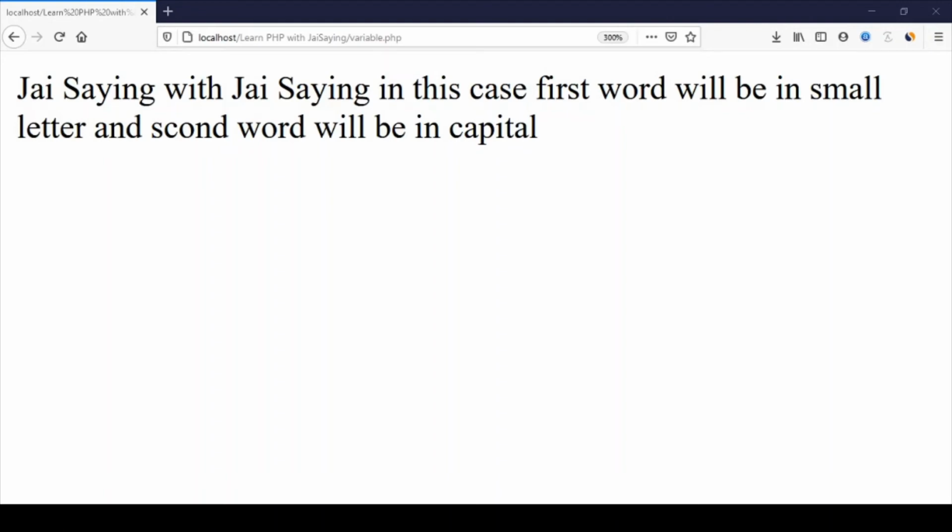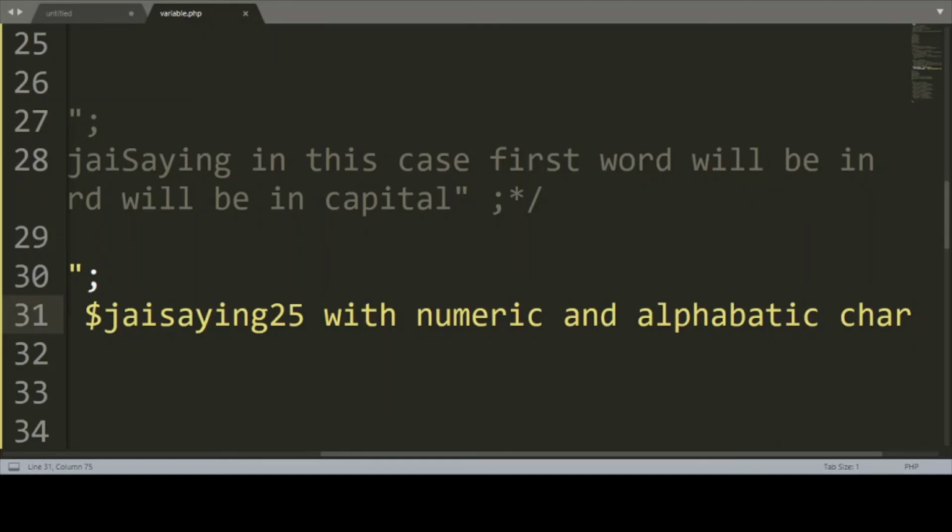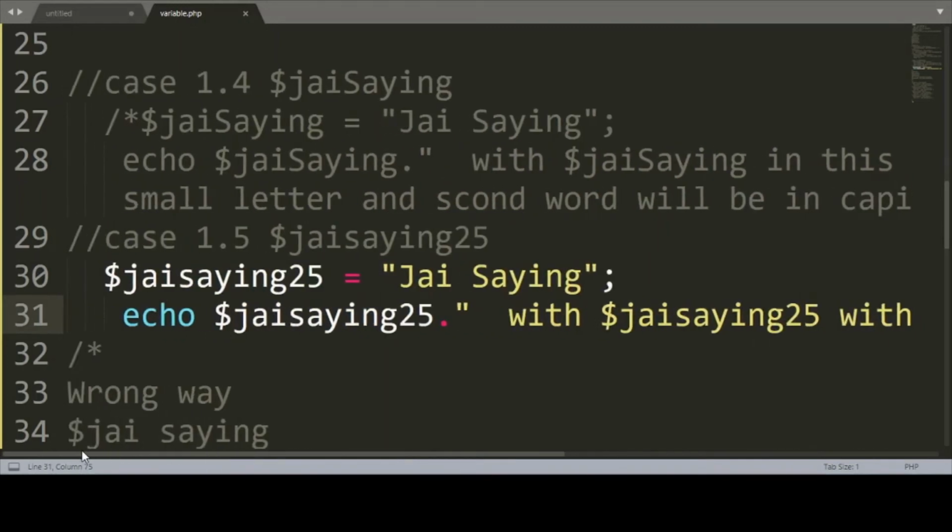I'm going to write this one. In this case you can check JSing 25, and JSing we are going to print a combination of alphabetic character and numeric character.